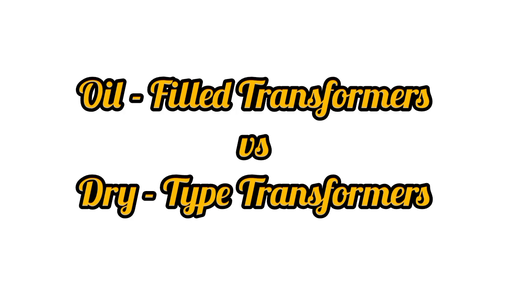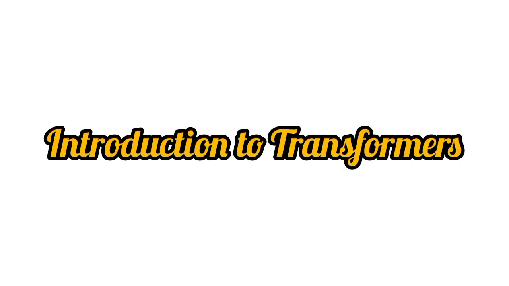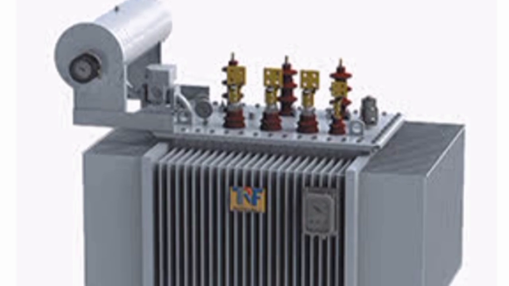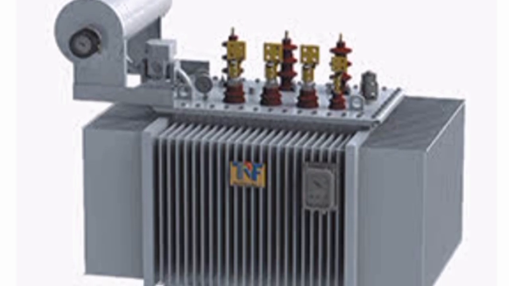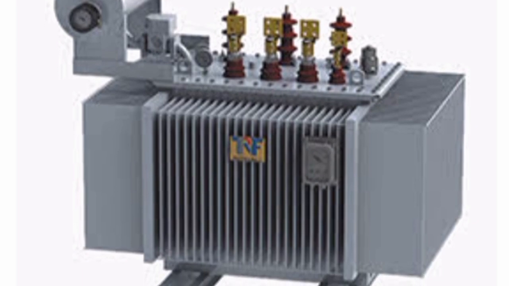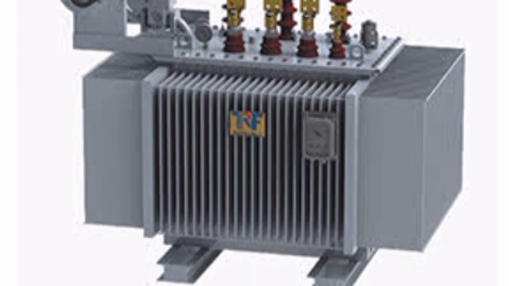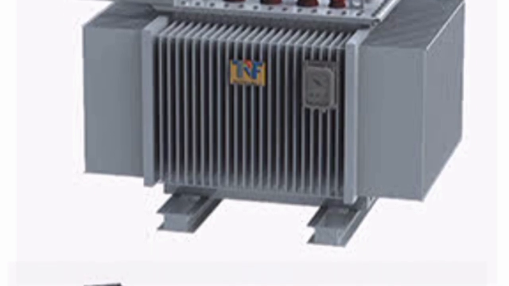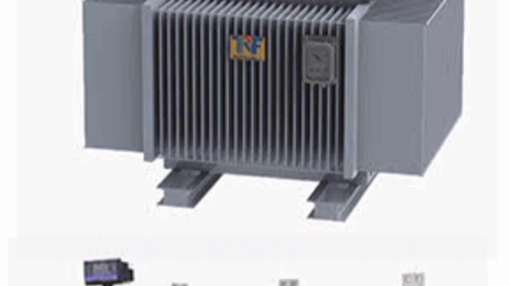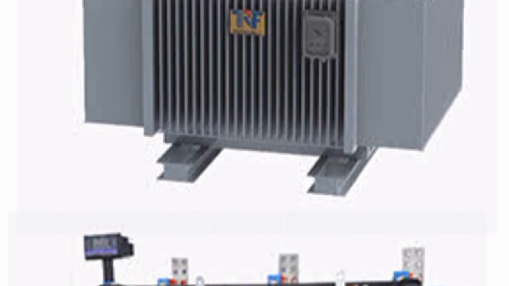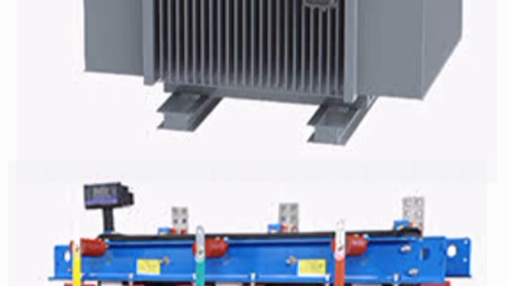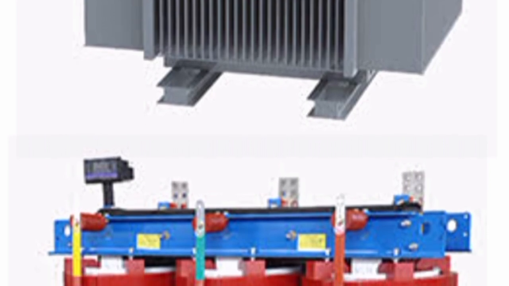Oil-filled transformers versus dry-type transformers. Introduction to transformers. Transformers are one of the most important components in electrical power systems. They are used to increase or decrease voltage levels and transfer electrical energy efficiently from one circuit to another through electromagnetic induction. Based on the cooling and insulation medium used, transformers are mainly classified into two categories: oil-filled transformers and